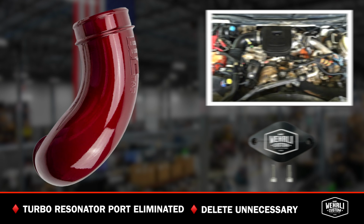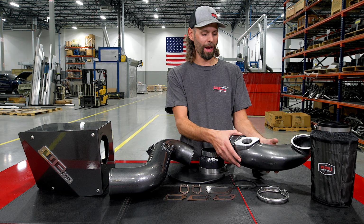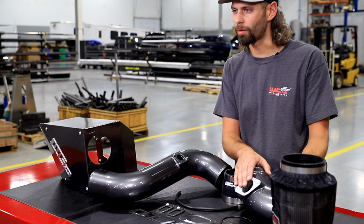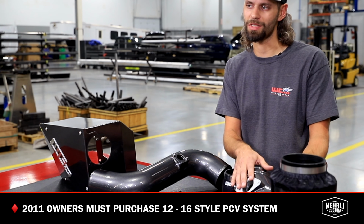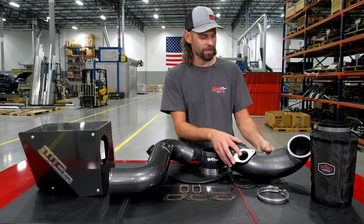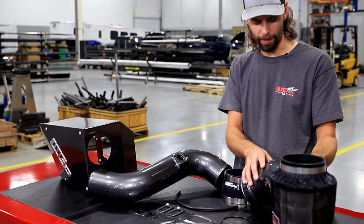There's no need to purchase a resonator delete. Without that resonator, also helps increase turbo and engine noise. On the back side of our horn, we have provision for the OEM PCV system. If you've got a 2011 model Duramax, you'll need to purchase the 12 to 16 style PCV system in order for that to be compatible. At the face of the turbocharger, we have an O-ring seal with an upgraded V-band style clamp to connect to